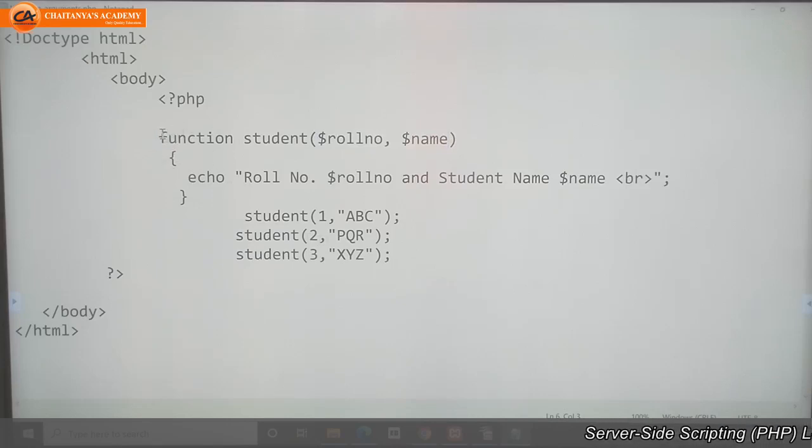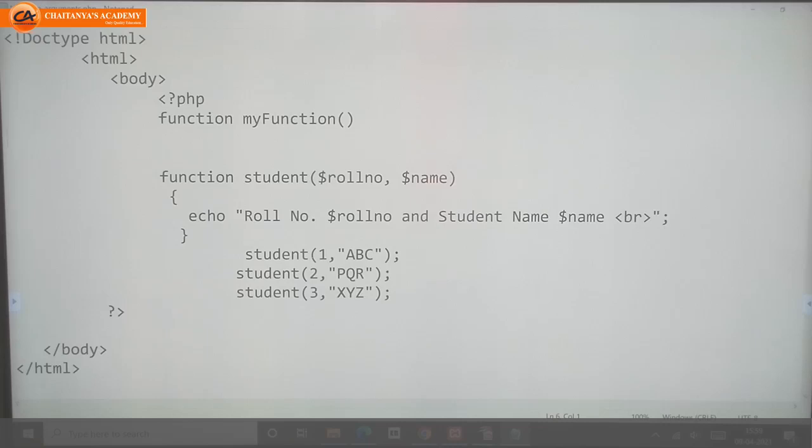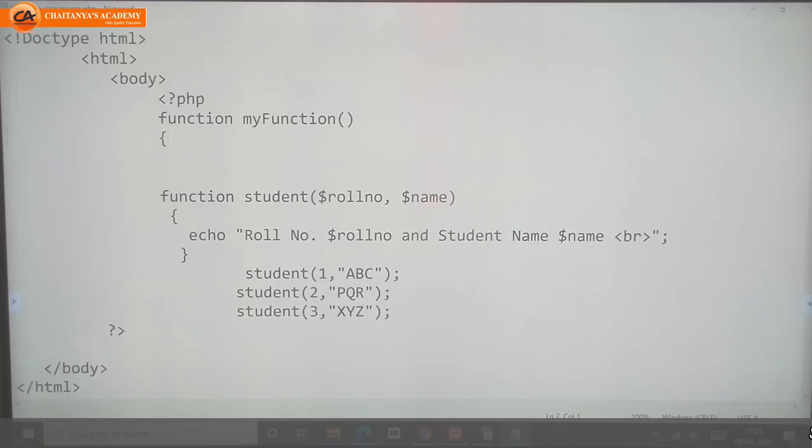Here we'll write one function. User defined function means the function defined by the user. For that, first write the keyword function, next the name of the function; I want to name it myfunction, then opening and closing brackets, then an opening curly bracket.